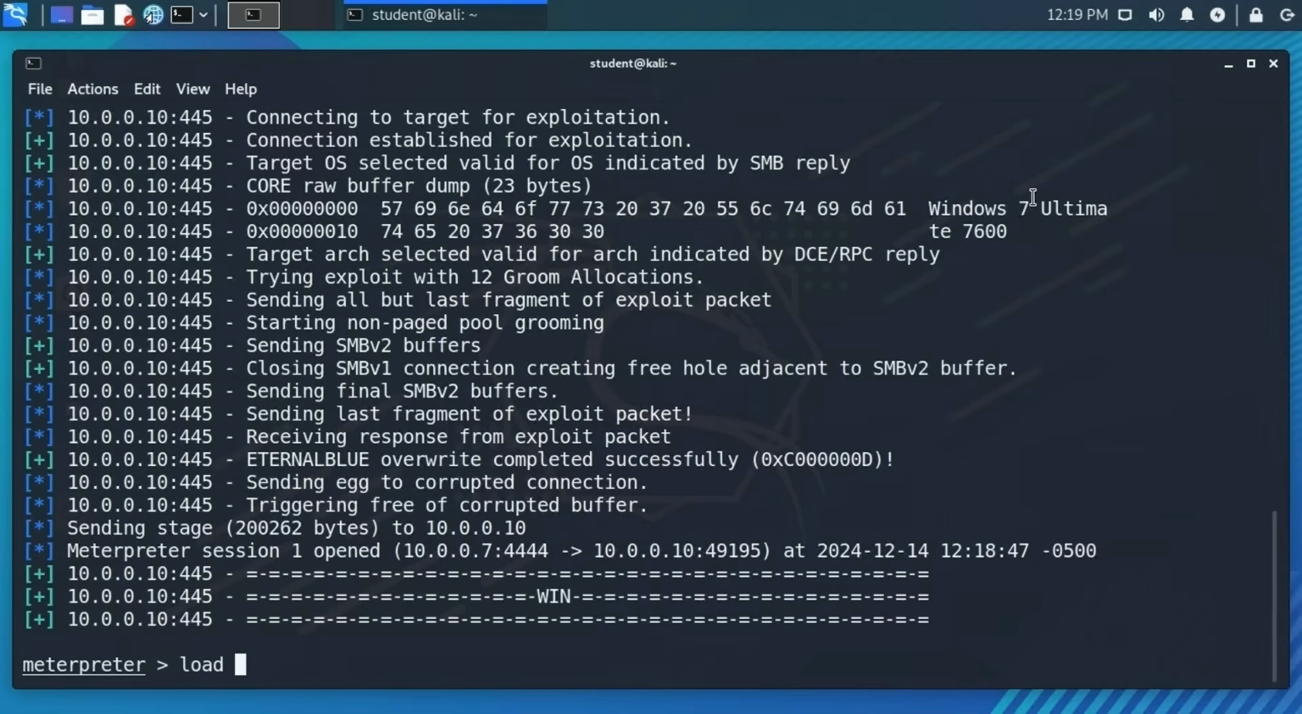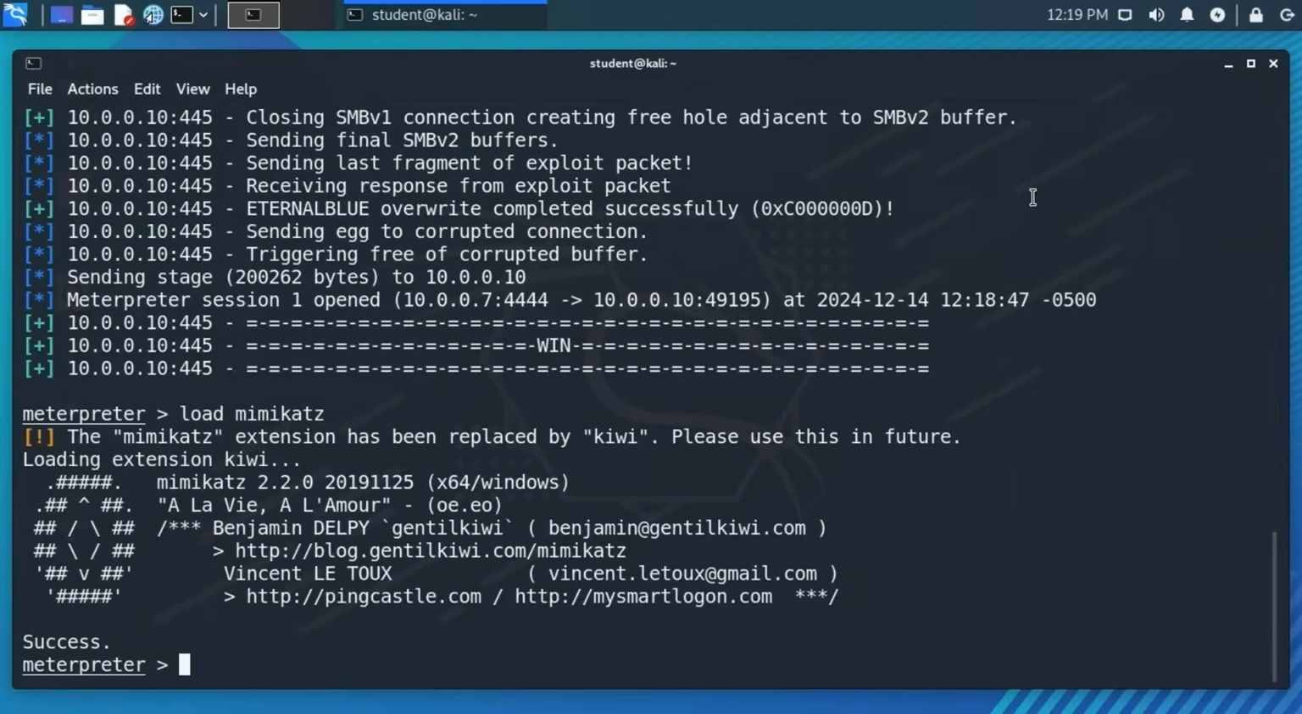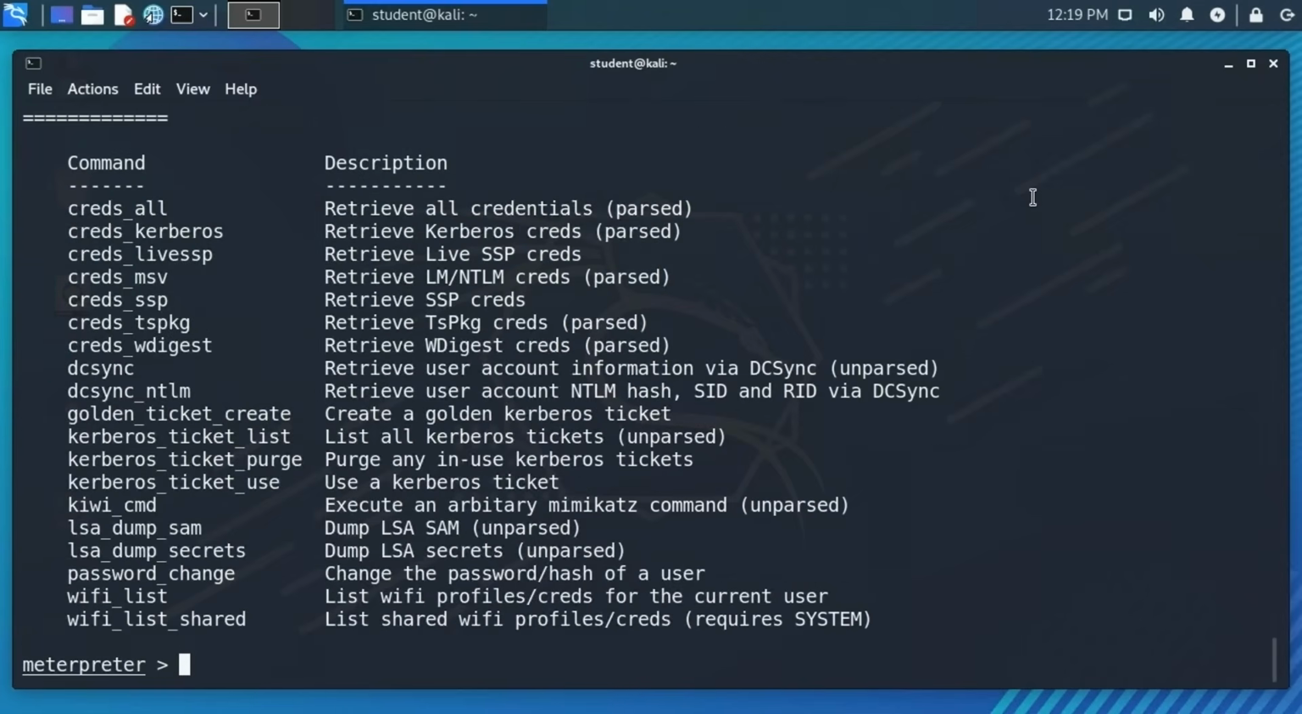So I'm going to load the Mimikatz module. And from here, I can use the question mark. Notice that at the bottom of my screen, it says success. So it was successful in loading the module. I'm going to do a question mark, and it shows me all my Mimikatz commands. So from here, I want to go and retrieve some credentials. So I'm going to use the